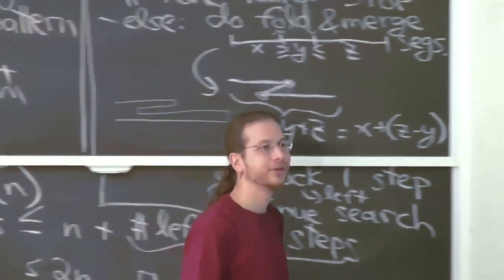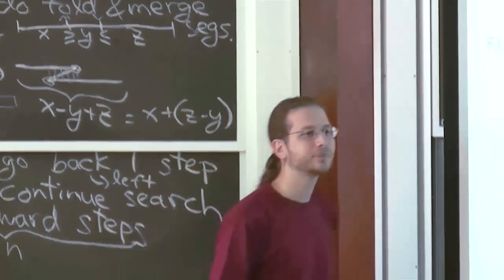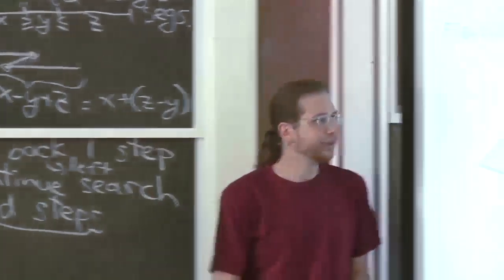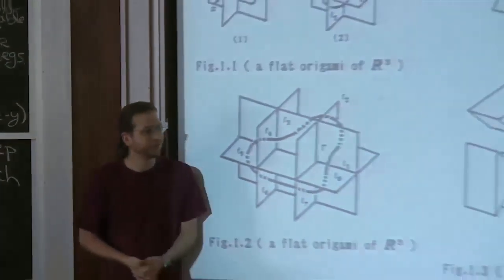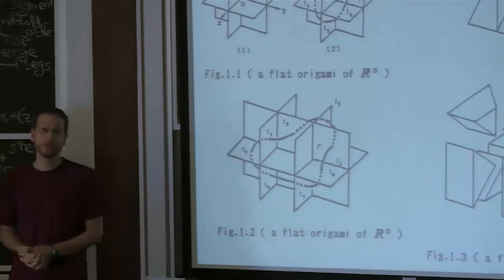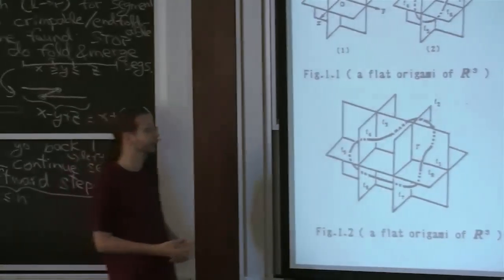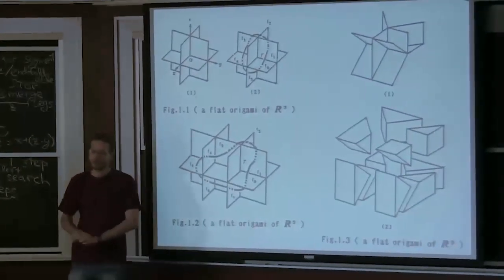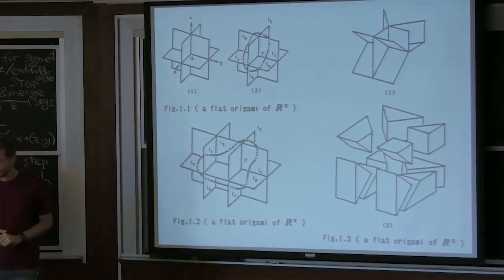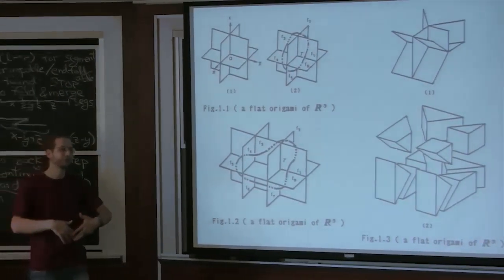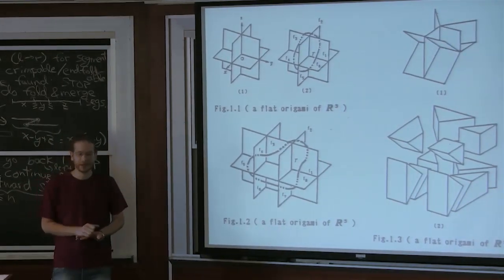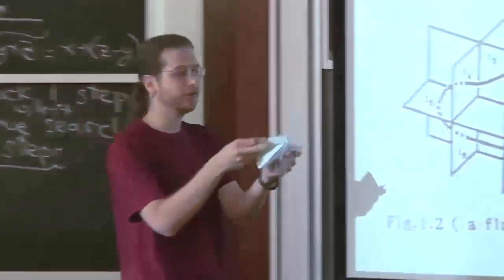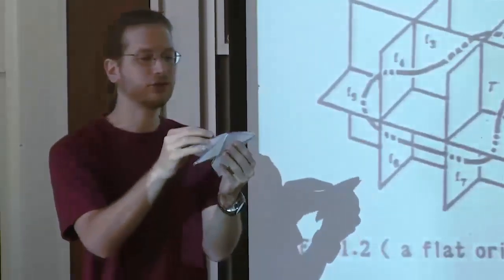Question? Doesn't the reflection analogy only apply to simple folds where the plane goes all the way? Okay, good question. The reflection analogy definitely applies to simple folds. It also applies to non-simple folds, but it does require straight folds, which here mean flat folds, like planar folds. For curved creases, you're not really reflecting because you can't fold a curved crease all the way. You can't fold it flat. But whenever you fold something all the way, so even in something like this, which is not a simple fold in the end, you can check.